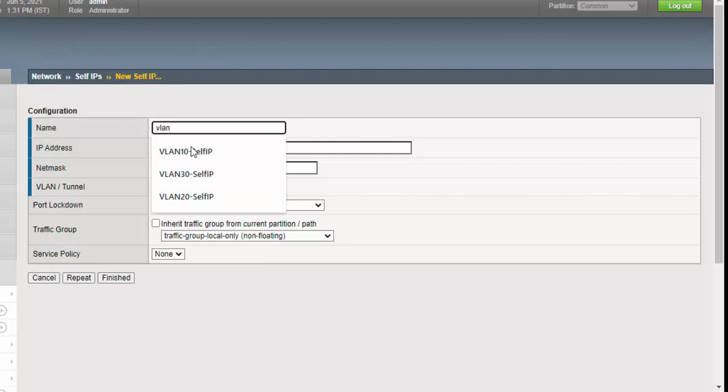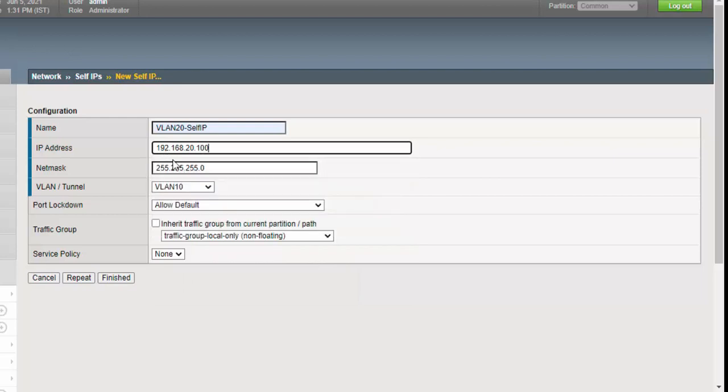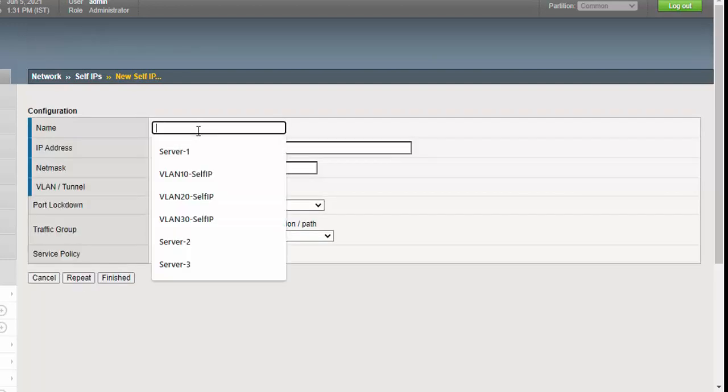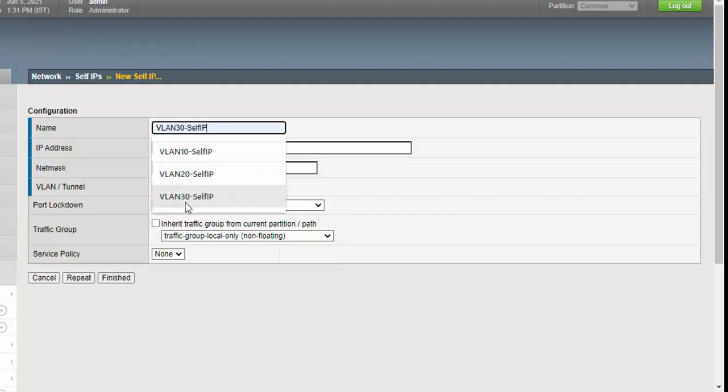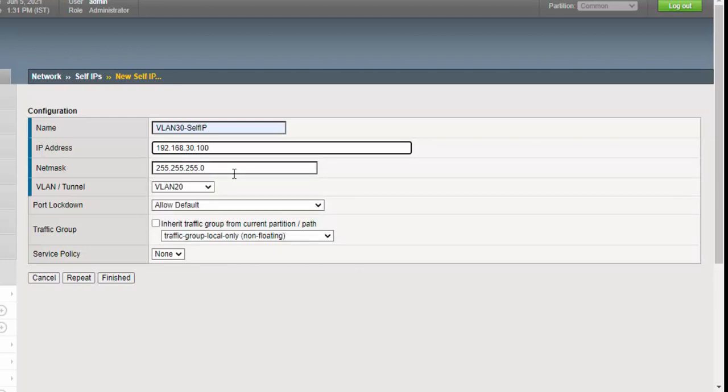For the VLAN 20 self IP, 192.168.20.100 with a /24 subnet mask, select VLAN 20. Port lockdown as default. Click repeat. For VLAN 30, the IP address is 192.168.30.100 with a /24 subnet mask and VLAN 30.